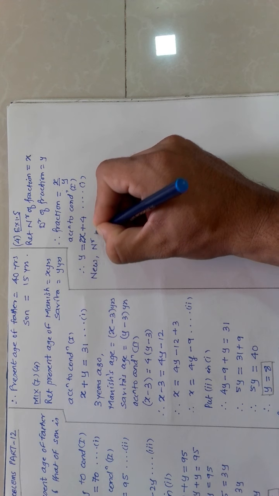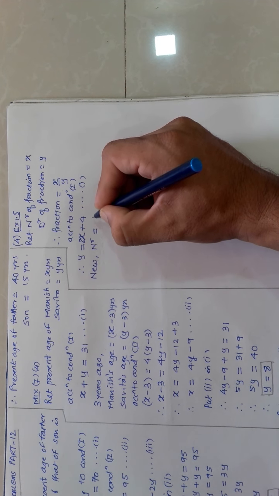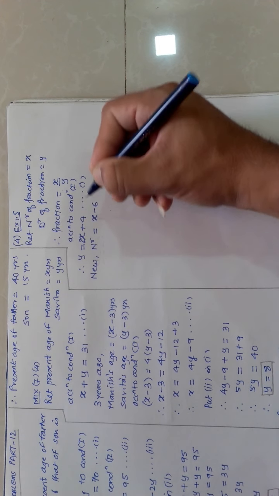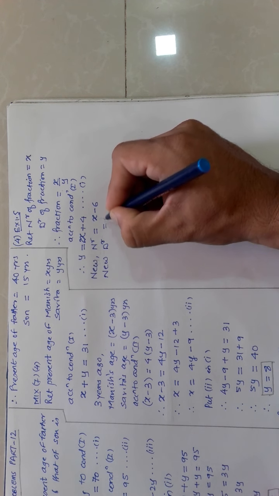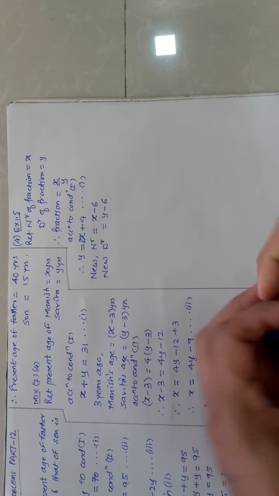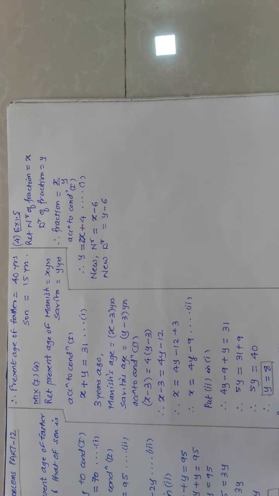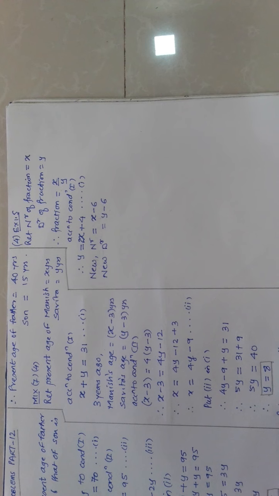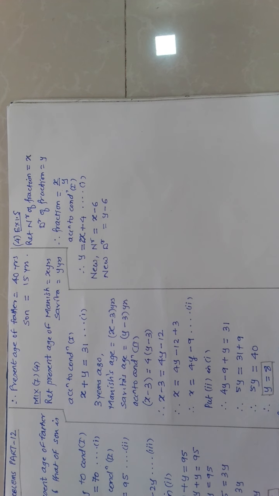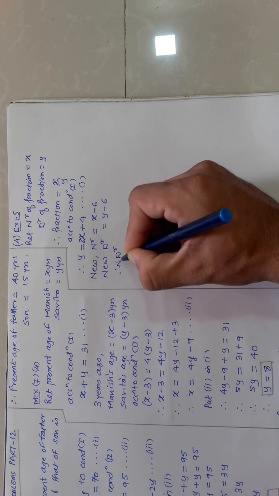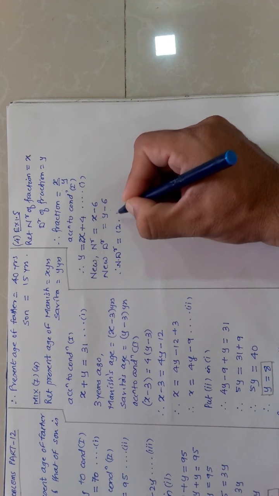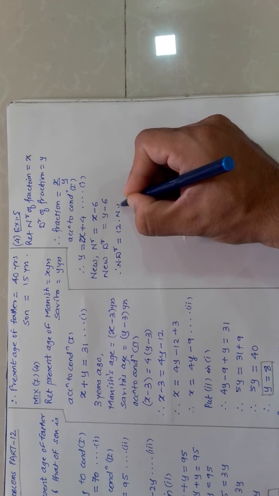So the new numerator is your original x minus 6, and the new denominator will become y minus 6. Then what he says is that the denominator will become 12 times the numerator in this condition. That is, denominator will become 12 times, means is equal to directly. So I will say here new denominator is equal to 12 times the new numerator.